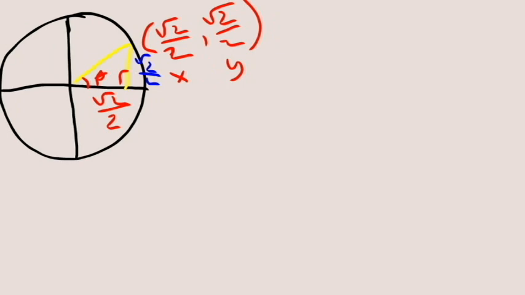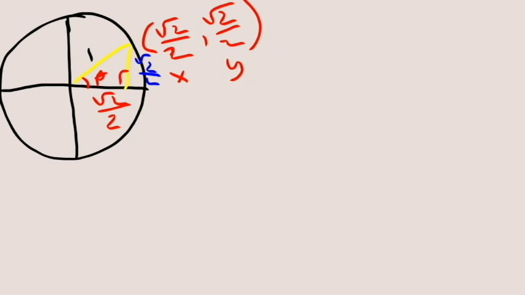Since in the unit circle the radius is always equal to 1, our hypotenuse is what we call our radius, which is 1. So to derive the six circular functions using this figure,